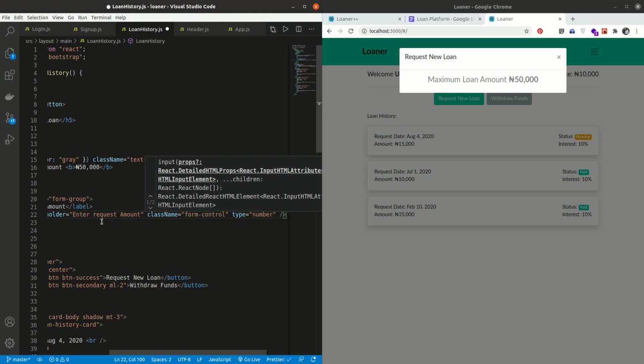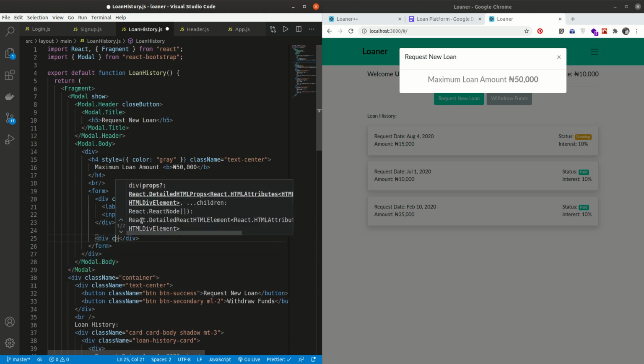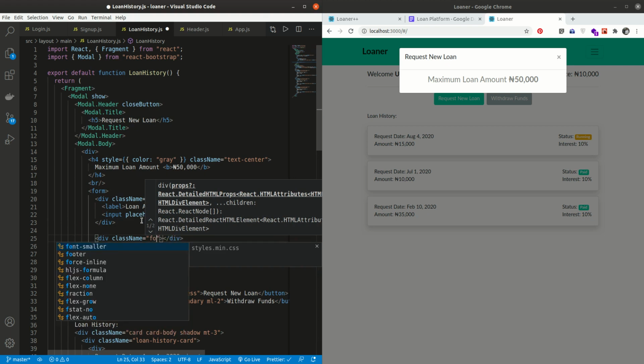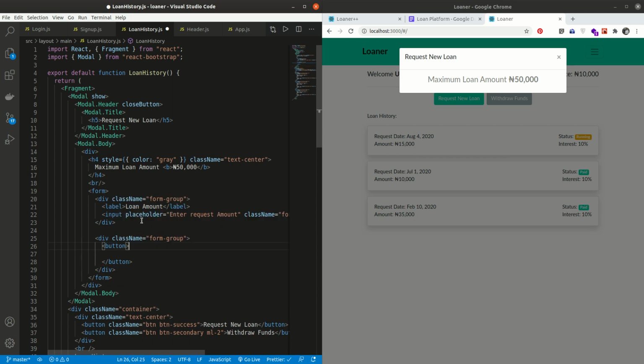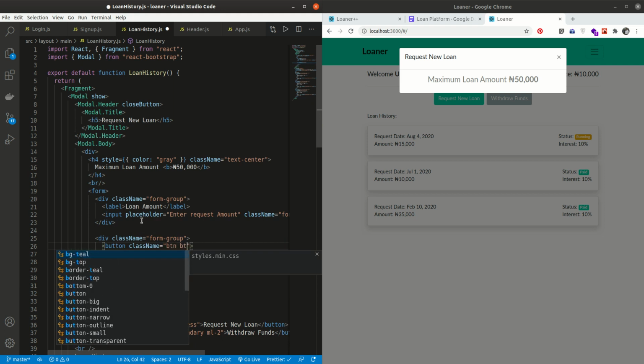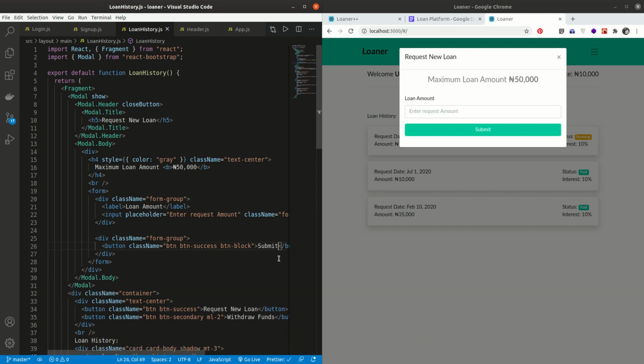Now let's create our button. Div with a class name. Block, and let's have a submit button right there. Submit or request, each of them can work. Alright, so this is what we have